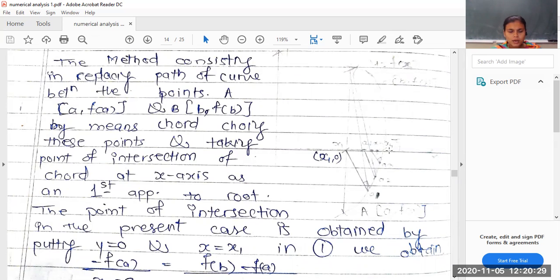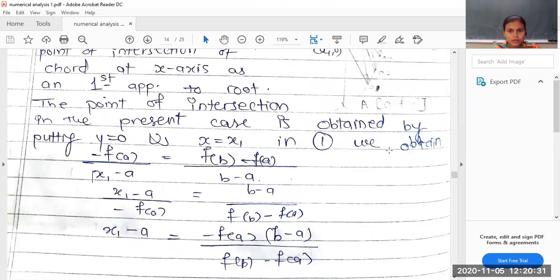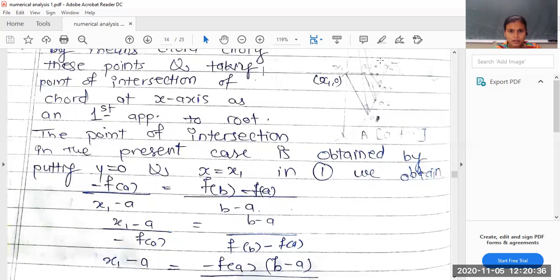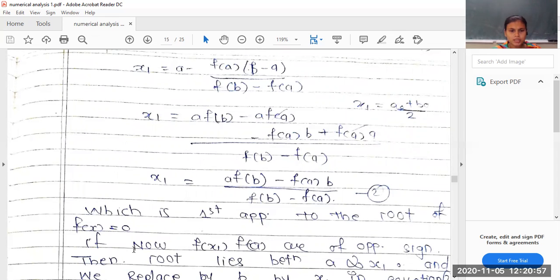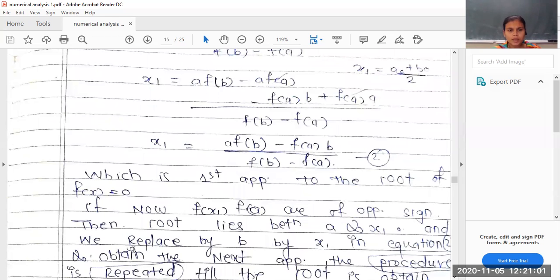Now if we go for the first point, suppose we are here at x1, the first approximate root. At that point, on the x-axis, there will not be any y coordinate, that is, y will be 0 on the x-axis. So here we can assume y equal to 0 from equation 1, and hence we can find the root. Now we have to write this equation in terms of x1 equal to. Okay, so here we got the first approximate root.